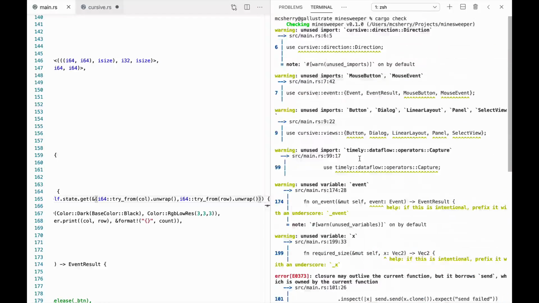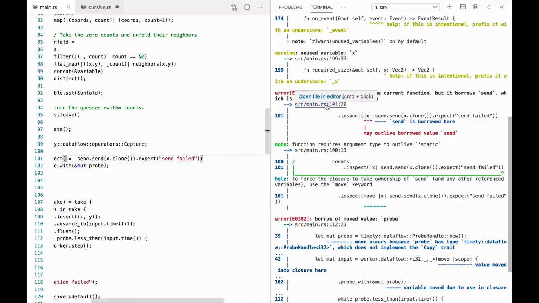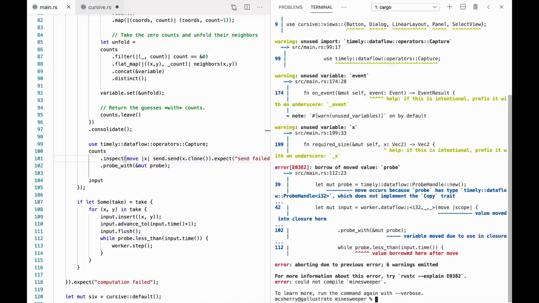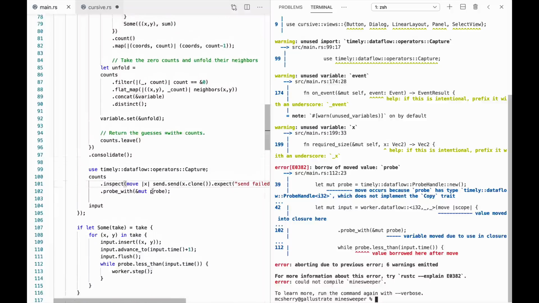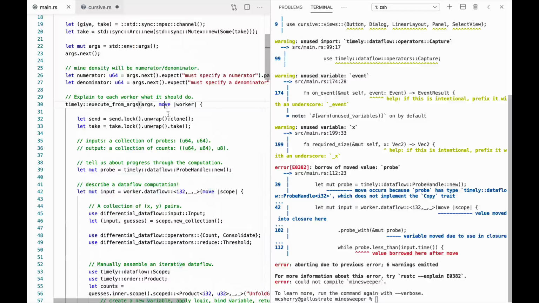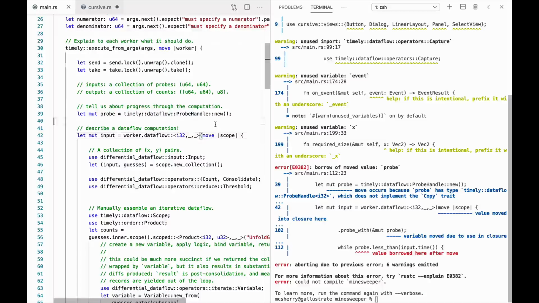Okay, getting closer. So as you move through Rust's build process, we're now close to the end where it's doing its lifetime analysis. And for example, we're here using send, but not making it clear they want to move ownership of send into the closure. Should be fine. Use of borrowed, yeah, so we both use probe in here and also outside, so we can't delete the move here, but we can do